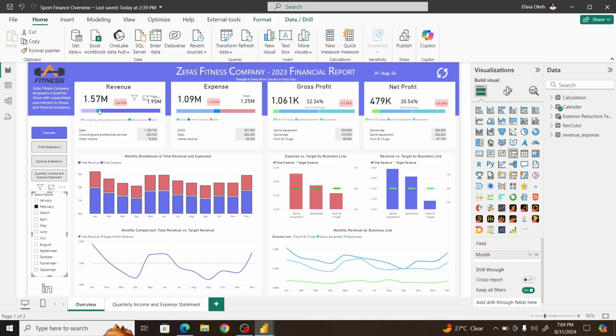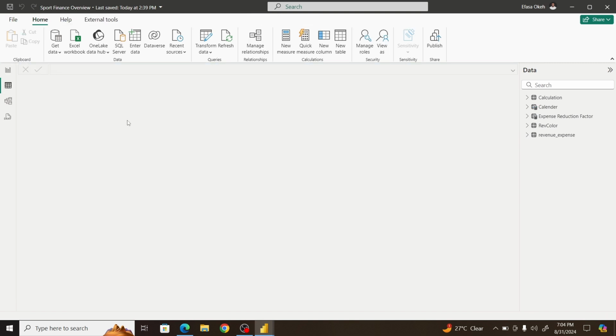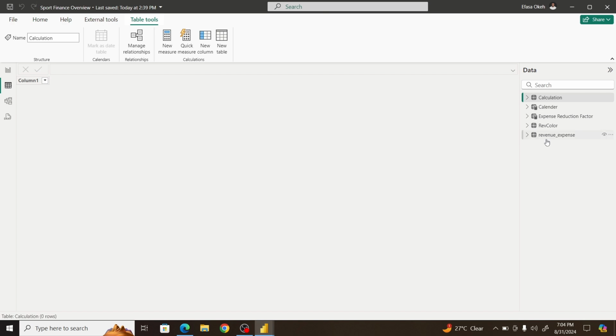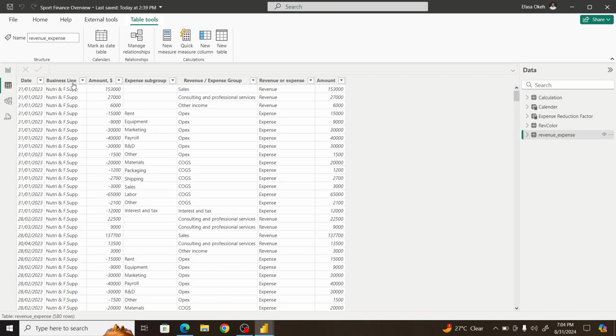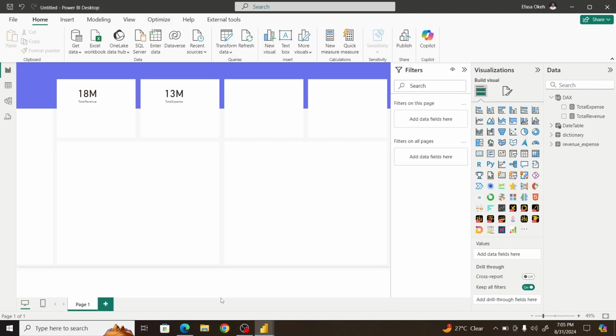This is actually the sum of the revenue across the different, what is it called now? We have the different business line. Yeah, business line. So the revenue across the different business lines. That's a stacked column creating that. So the next thing we need to do